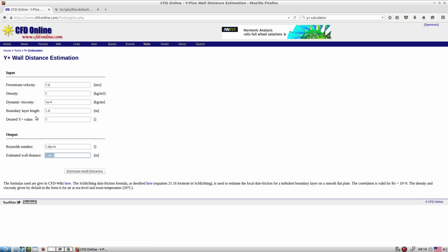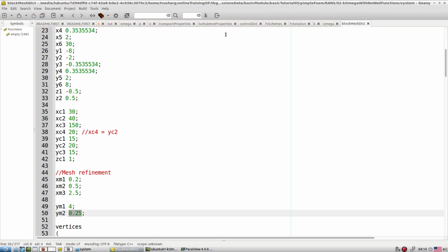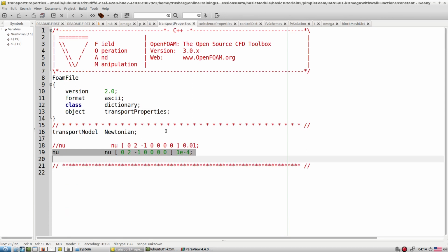So you got it. How are you able to fix the y plus? What is the free stream velocity from which you calculate your Reynolds number, and what is the length scale? And density: in our case mu by rho is the kinematic viscosity, so we say density 1, so dynamic and kinematic viscosity are almost the same. And this value we set in the transport property file. So in the transport property we set this value, and we fix the density equal to 1. So that's why it is the same, you can see.